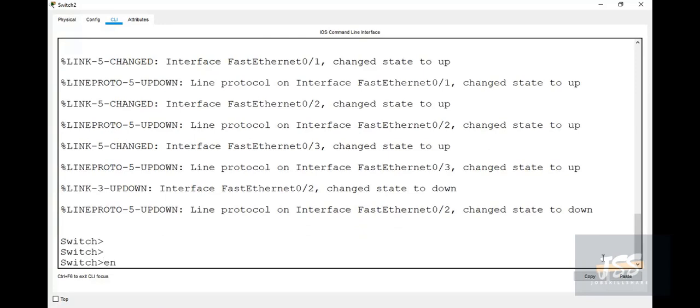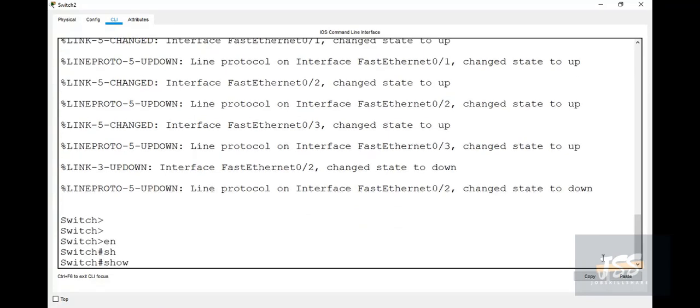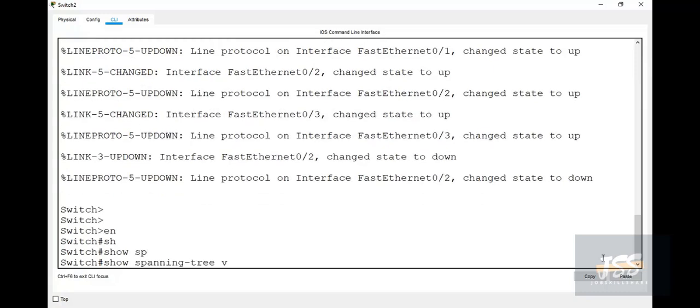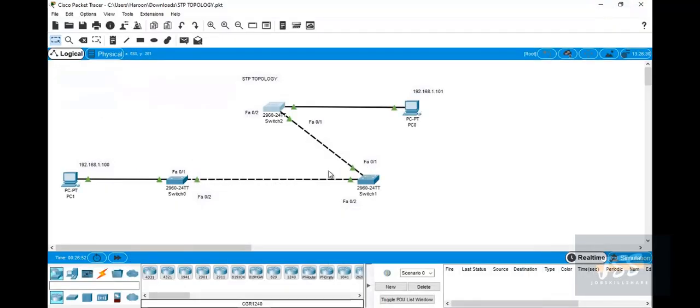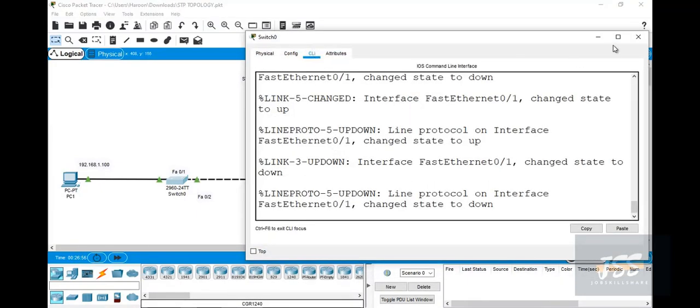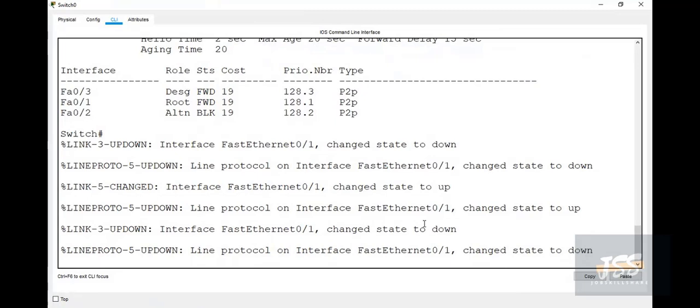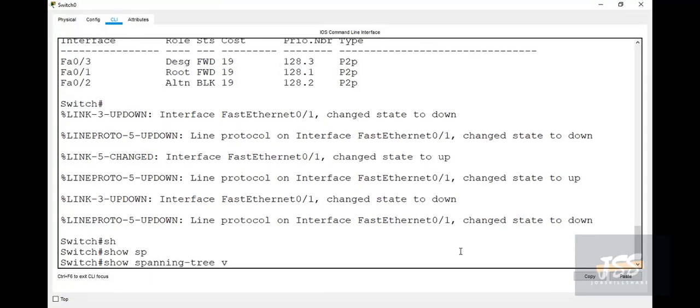Moving into privilege mode, the command is show spanning tree VLAN 1. You will see that this is the designated port now. We will see the changes in the switch connections. We will see the same on switch 0 with the command show spanning tree VLAN 1.